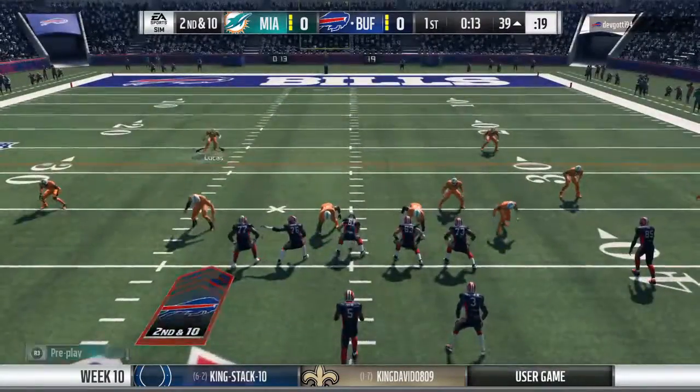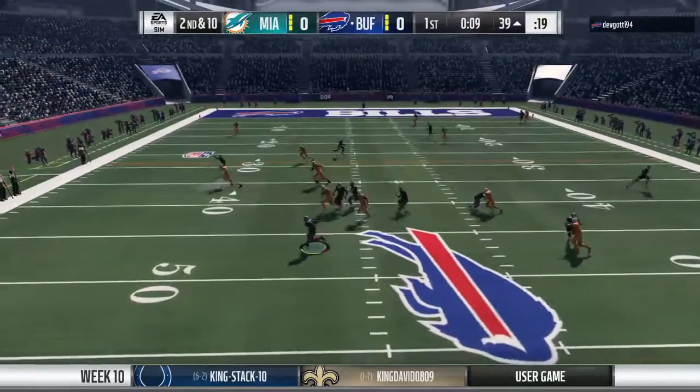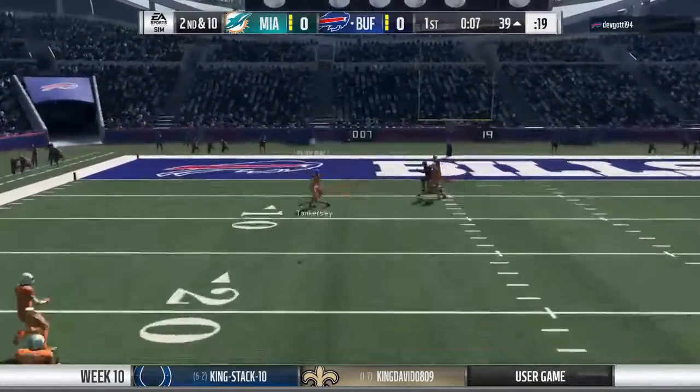And really, a lot of the time, they have to throttle back a little bit in the run game because those defensive ends are in a sprinter stance. They're just headed straight for the...